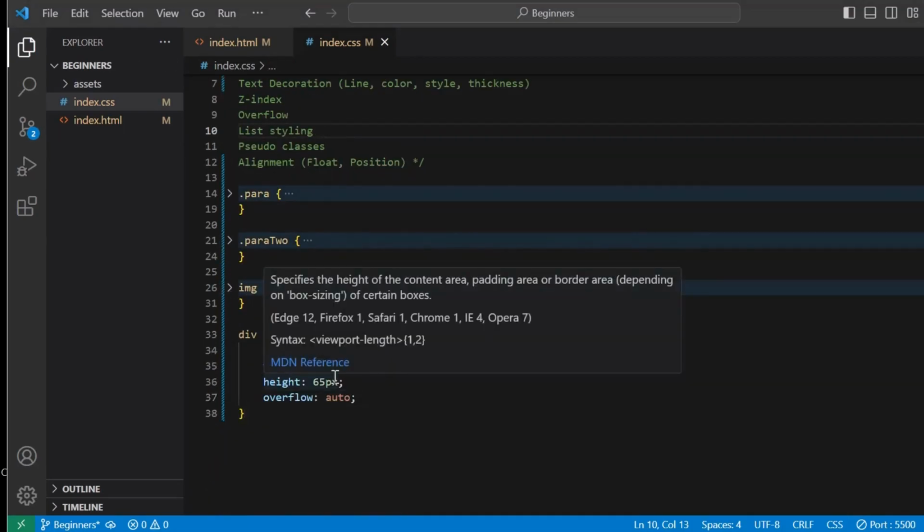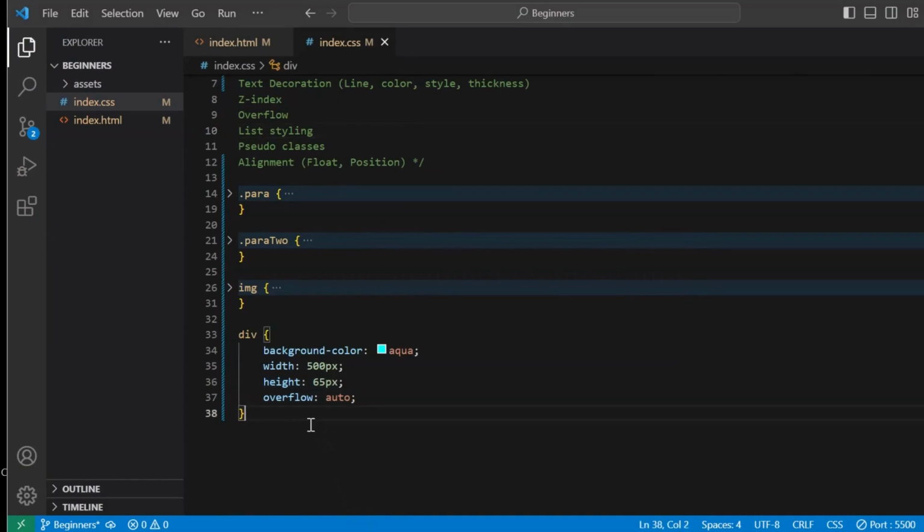We can make our customized list by making some changes in CSS, as